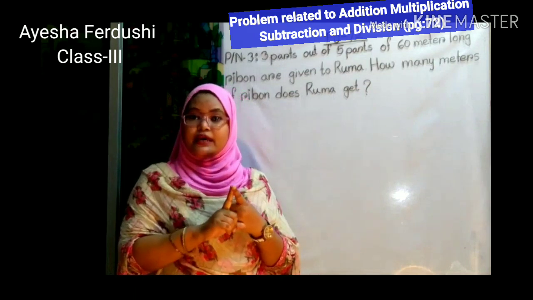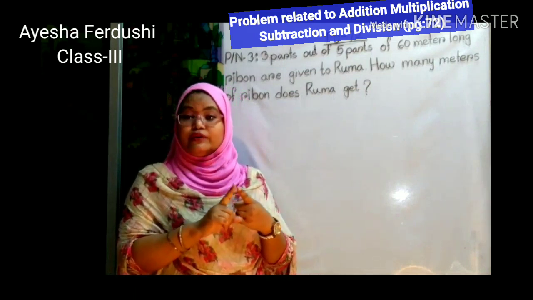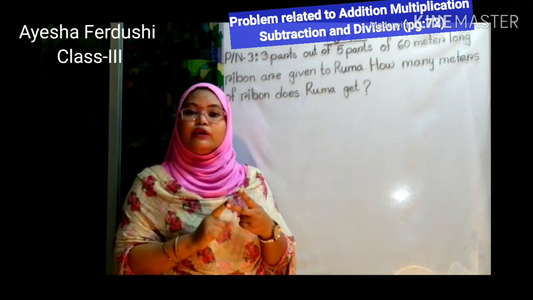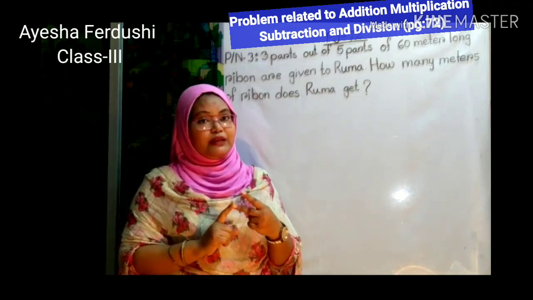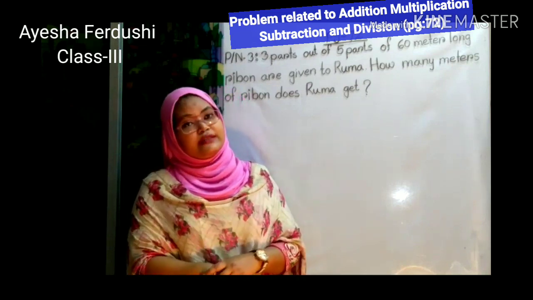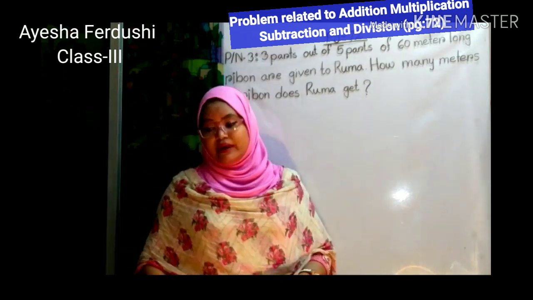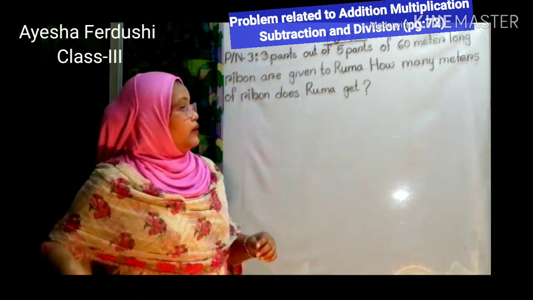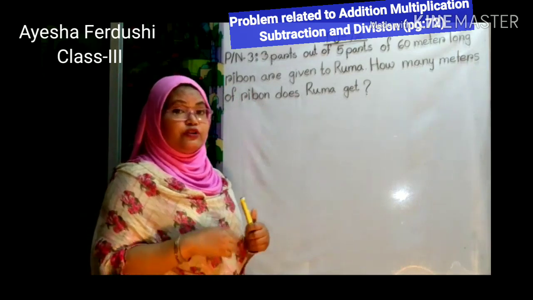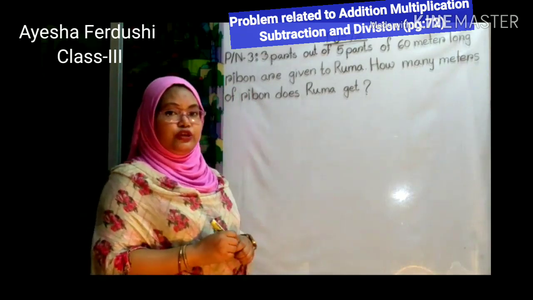So I can say in this math there are 2 steps. First step, you will find out how? By doing division. And second step, how can you find out? By doing multiplication. You will solve in 2 steps here. Isn't it? Okay, let's start our math solving. Take out your CW copy and at first try to understand, then you will do it in your copy.